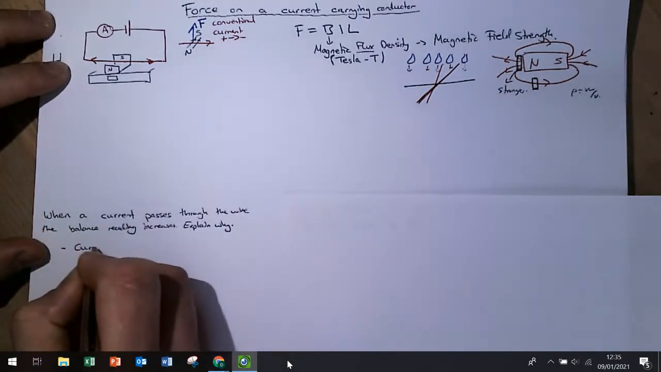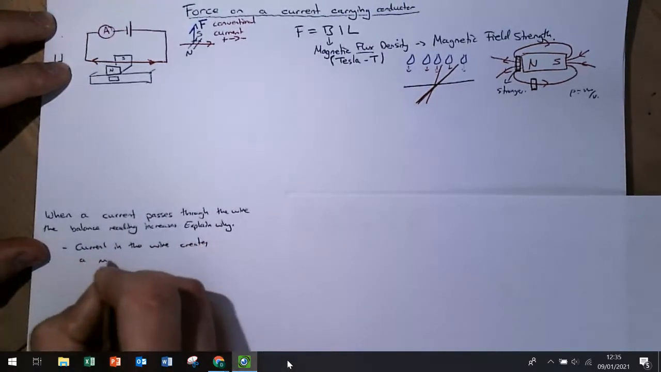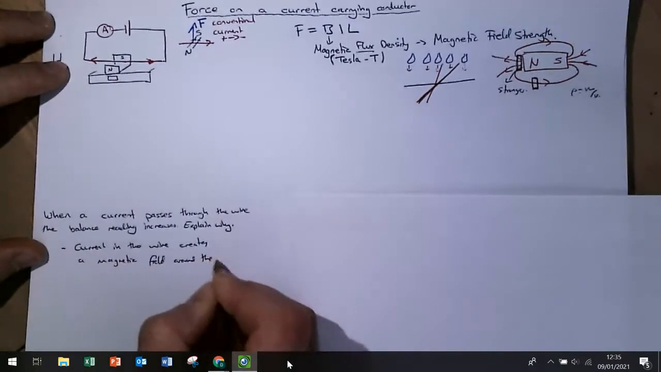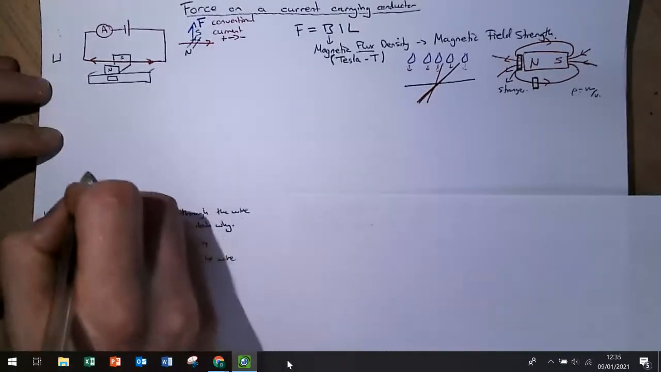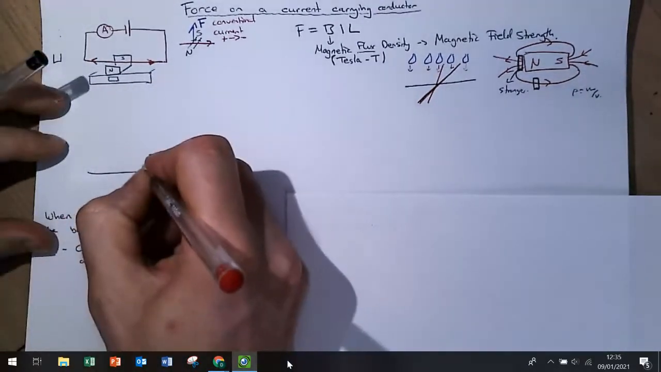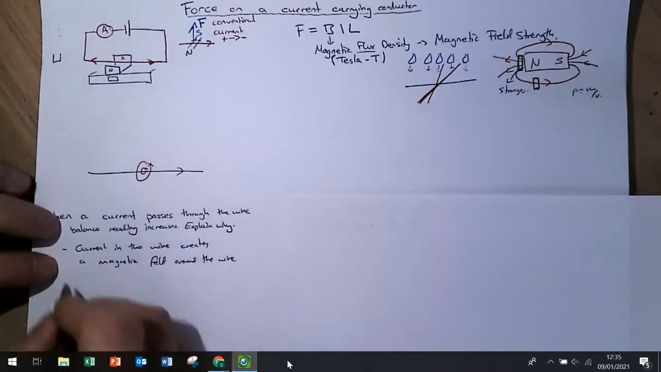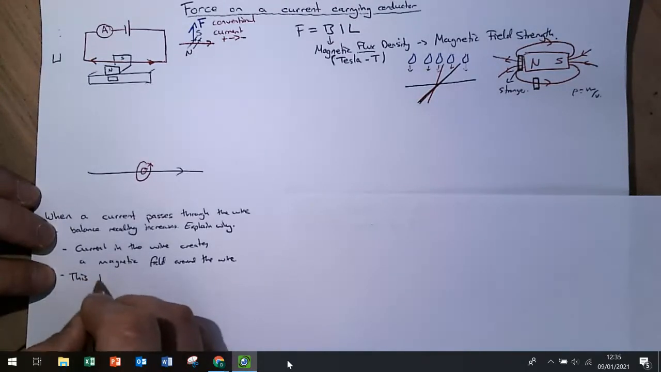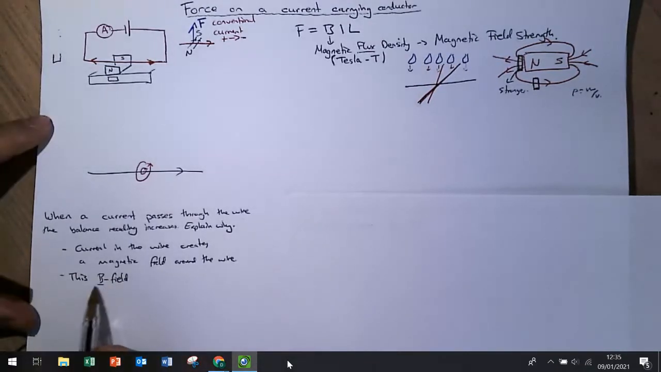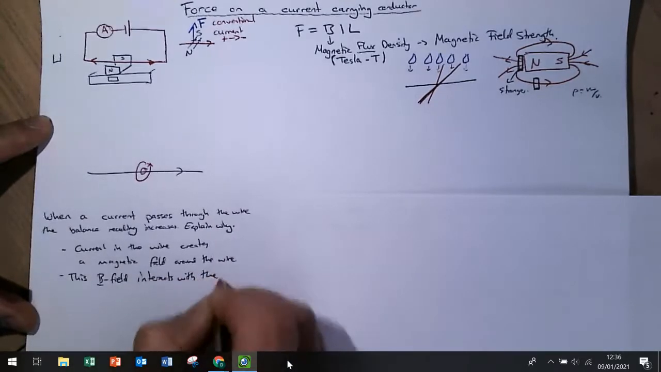So the current in the wire creates a magnetic field around the wire. So this is one of our basic principles, that currents create magnetic fields. So we use the right-hand rule for this, and the magnetic field is round like this. So this magnetic field, I'm just going to use B field for shorter version, but we should probably encourage students to write it properly. This B field interacts with the permanent magnetic field,